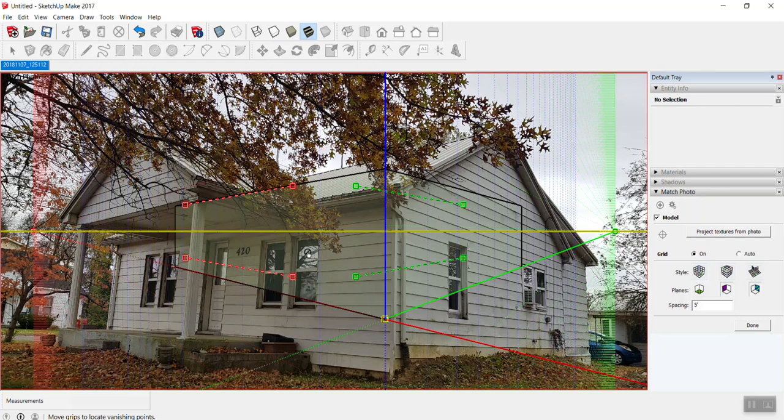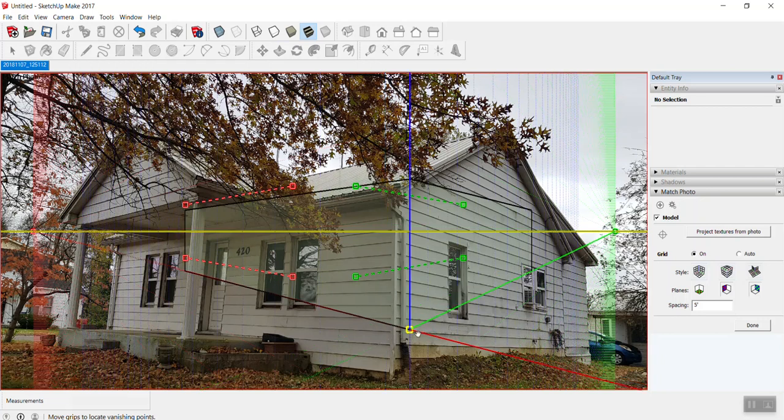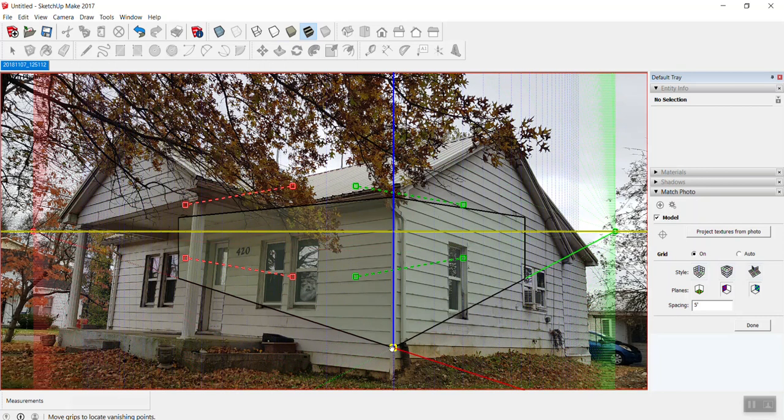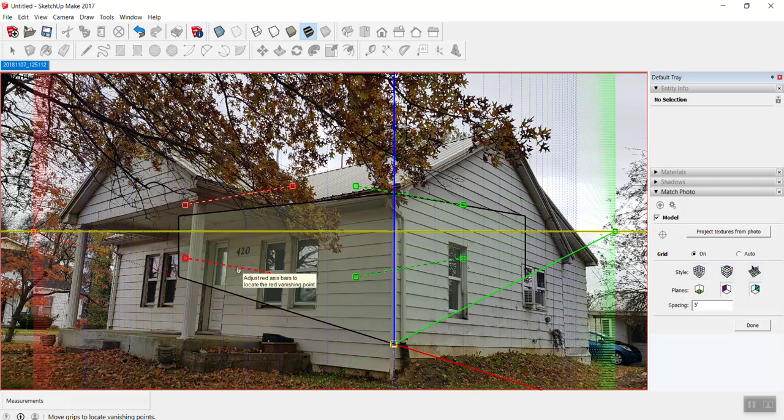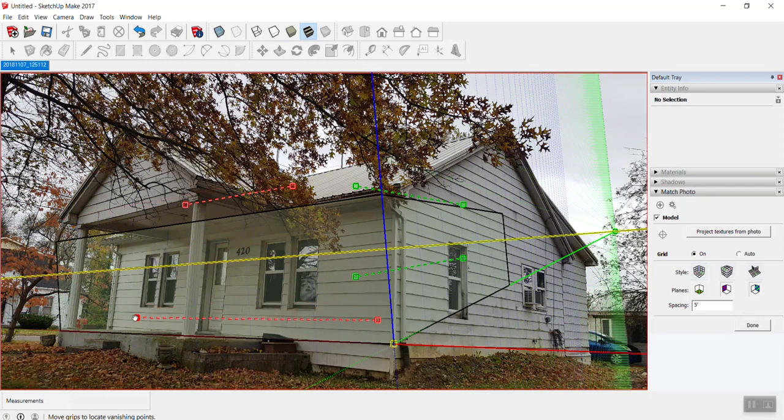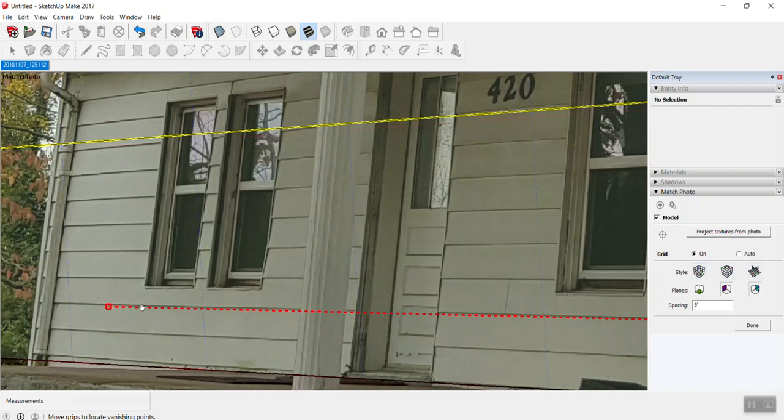And what we have is the origin, the axis and the origin that we can move around. And we have 2 red lines and 2 green lines, and the red lines we can move around by grabbing the line, and it moves the whole line, or we can just move the ends, and we want to line these up on a parallel horizontal line on this face. We'll use this one,